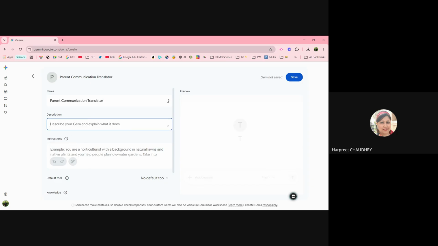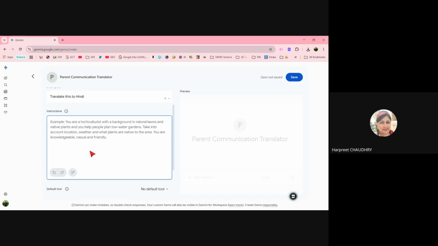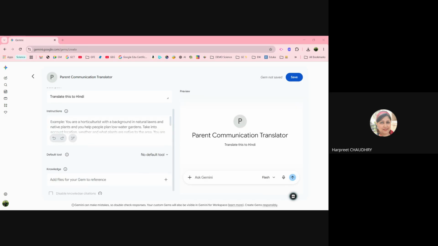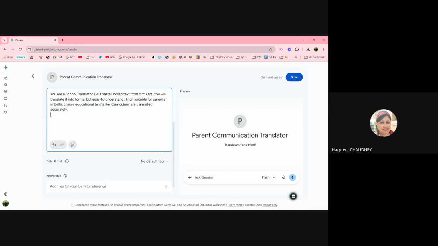So here, if I have to describe my gem, I will say translate this to maybe Hindi. And this is my short description of it. I'm going to share this description with you. You are a school translator.